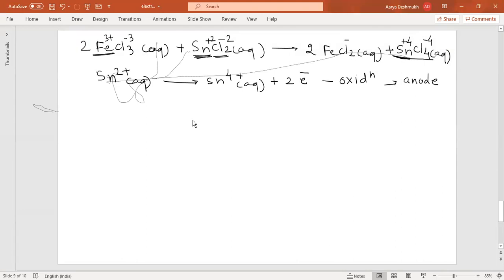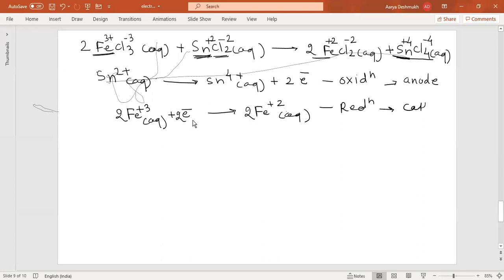Here there are two chlorine atoms, each having -1, so this should be -2, thus this should be +2, meaning Fe +3, by accepting an electron, is converted into Fe +2. Now just to maintain the stoichiometry of the reaction, we need to make this twice, and here it should be twice again, 2 electrons, and it is converted to twice Fe2+ in aqueous medium. Here this is also in aqueous medium. Now this is the reduction, because there is a gain of electrons. So this is your cathode.